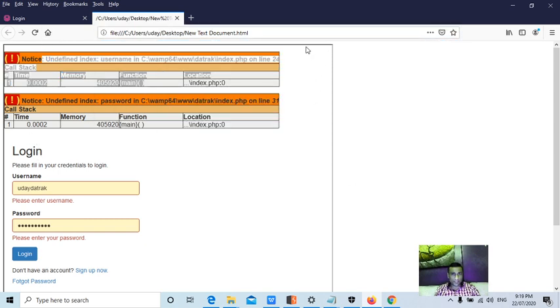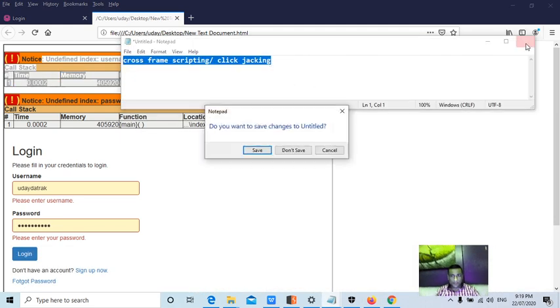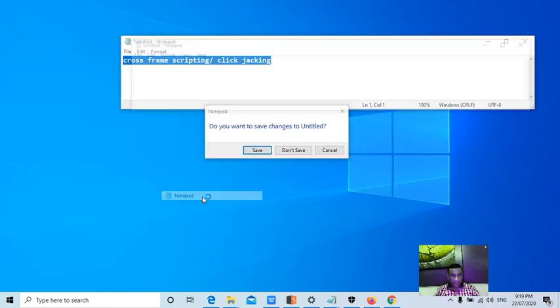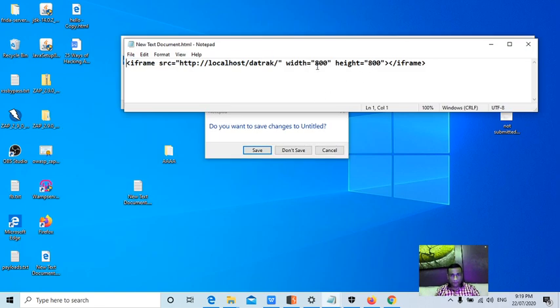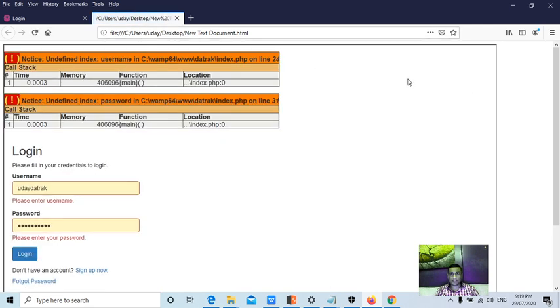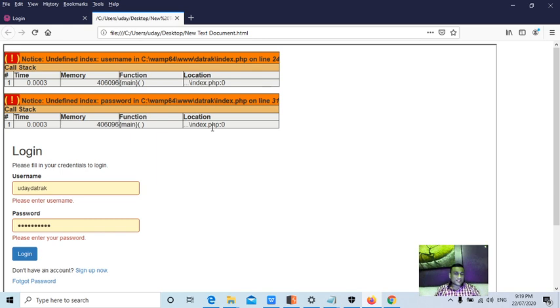How can you say that? Can you see this box, guys? This is the box which is given a length of 800. That means if I change the width from 800 to 1200, you could see this box size will be increased. Can you see? Yeah. So this is the iframe, guys. This means this particular website is loading as an iframe. That means that's a security issue, guys.